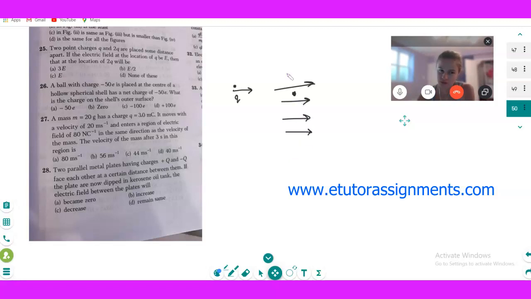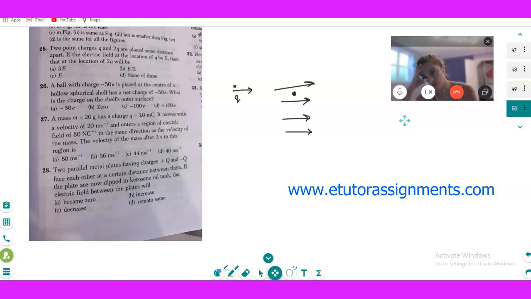So it's going to go not in the same direction. Why? Because of the positive charge. See, I told you what an electric field will do. Suppose you put a charge in the electric field. What will happen to this charge? It's going to get a force.